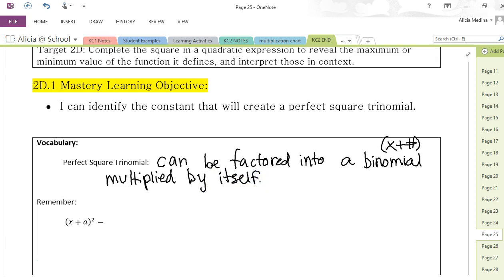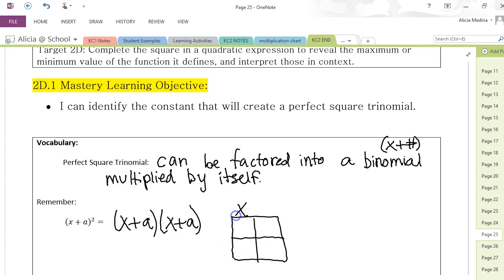Alright, so remember the quantity x plus a squared. What did that mean? All this meant was that we were going to expand two binomials by itself, right? If we were to multiply that out using our Punnett square box, I would put in x plus a, and notice x plus a is also on that same side. So even the word square, what do we know about a square? A square has the same measurement on each side. That is why we see the x plus a and x plus a on each side,